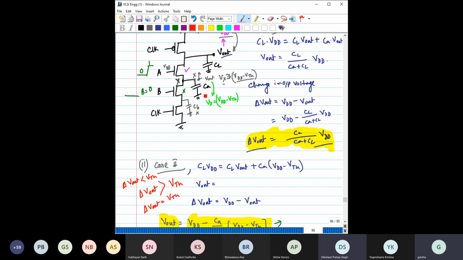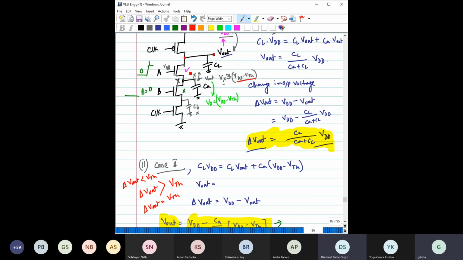For case 2, when this voltage is rising to VDD minus VTH and this transistor turns off, no further charge can transfer. Then what do you think would be the change in output voltage here? The delta V out is less than VTH. Very good. Delta V out is less than VTH